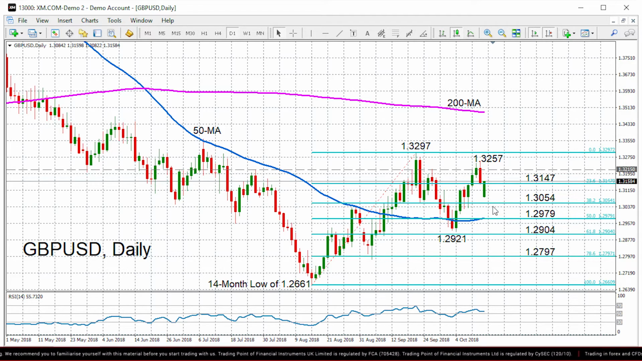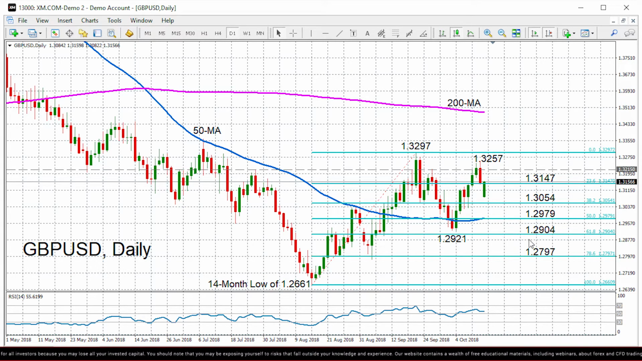To the downside, there is the 38.2% Fibonacci as immediate support at 1.3054. Below that is the key support level of 1.2980, which is the 50% Fibonacci, and also where the 50-day moving average is currently converging. So a drop below that would shift the near-term bias back to a bearish one, and then we could see the pound making